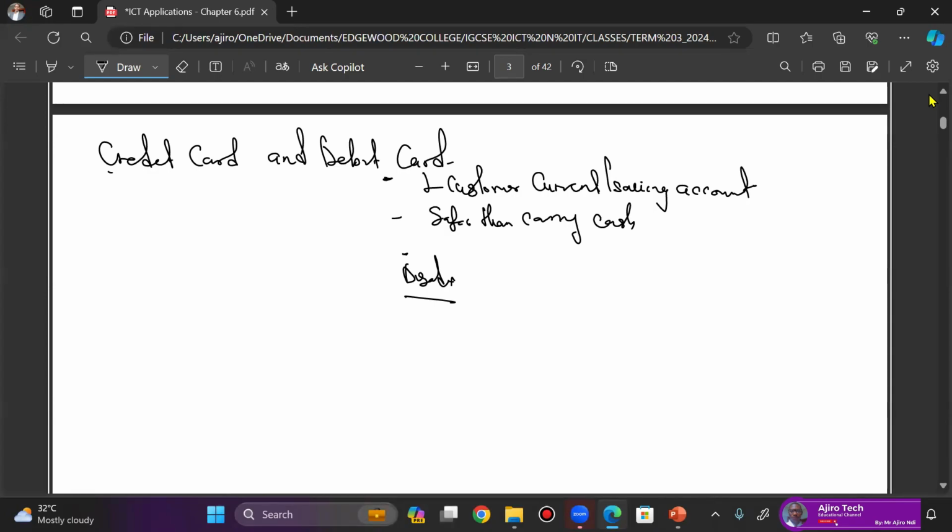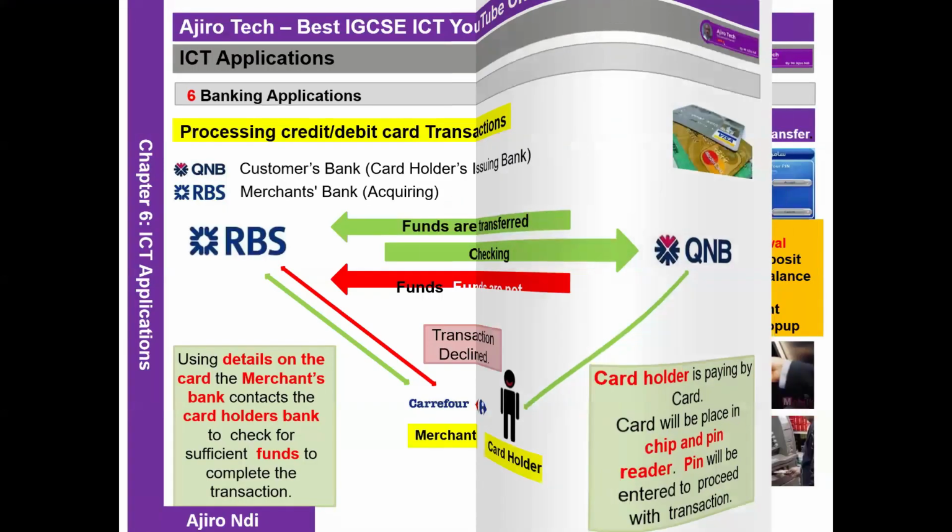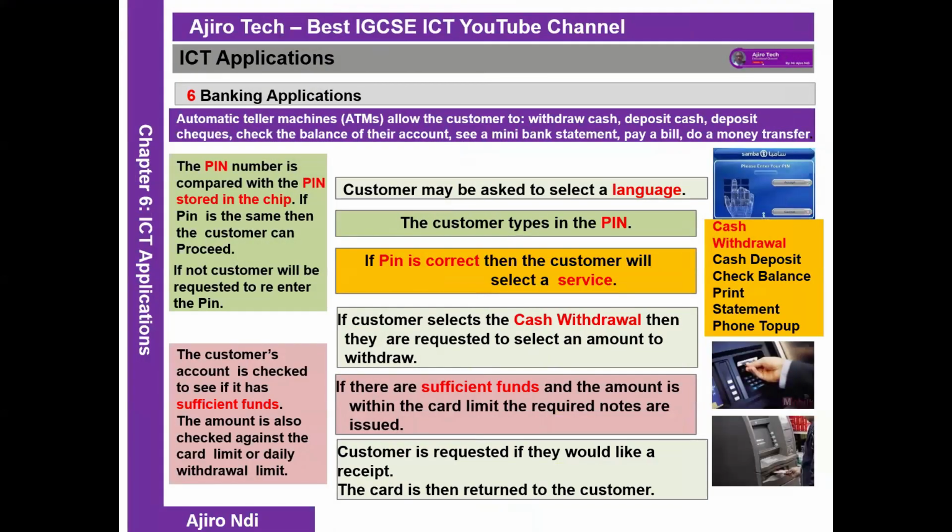For checks, they are the oldest method of making what? Payment. The oldest method of making payment. So let's take note, right? You write out the amount of what you want to buy, and then there's going to be a process of clearing the check before it has been authorized.